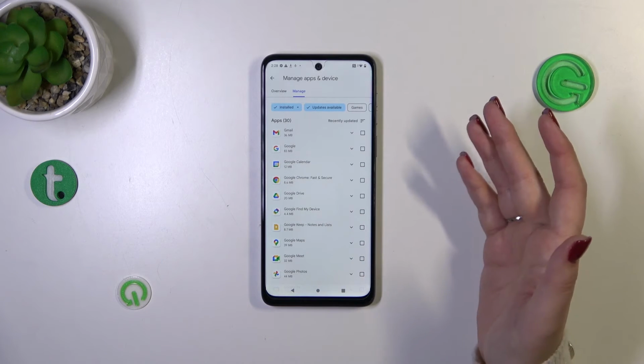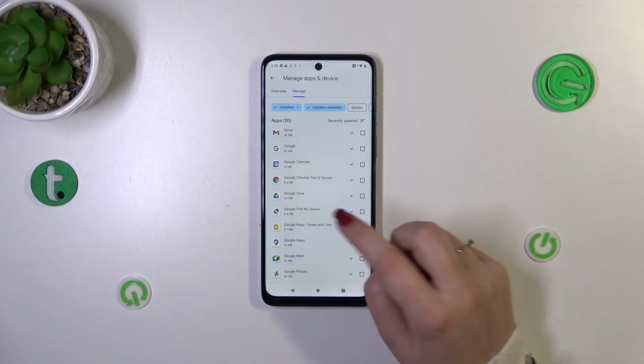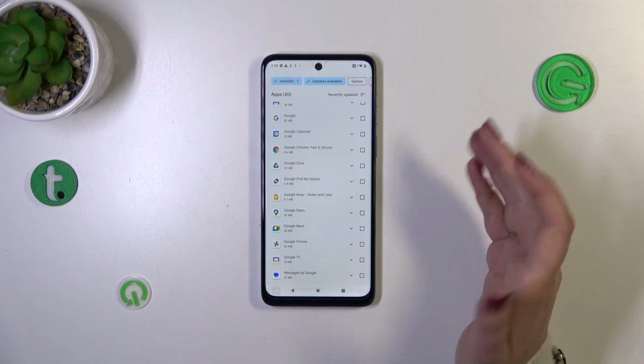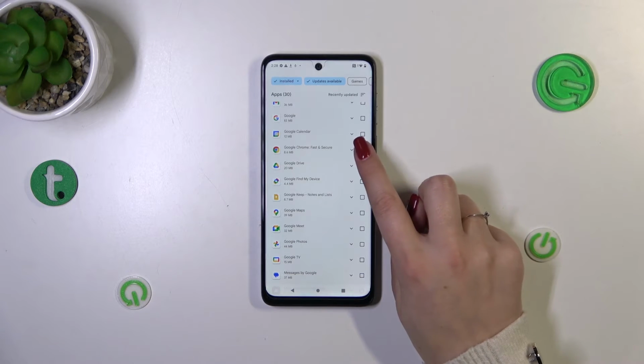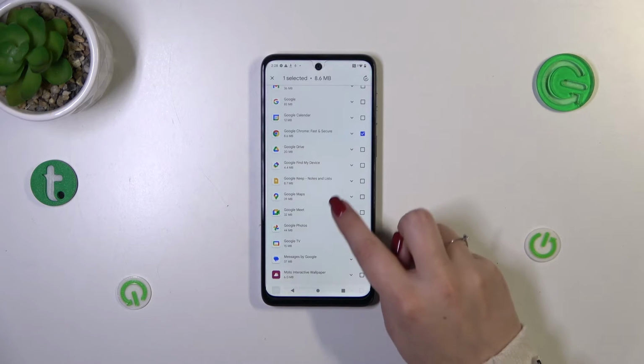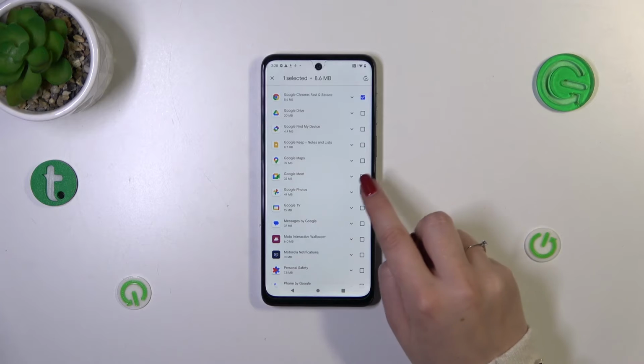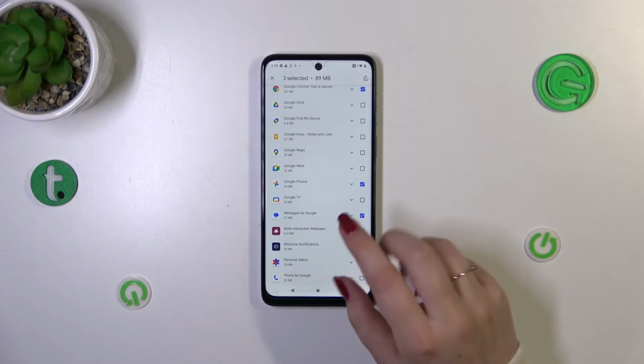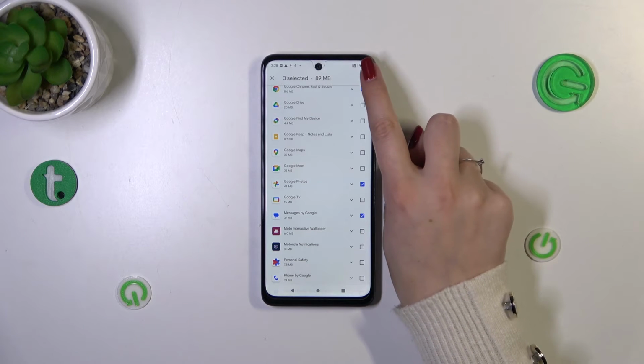So basically, if you want to, of course, you can mark all of them, but if you want to just pick only one or two or three, whichever, up to you. So I will pick Google Chrome, simply mark the option, the app you'd like to update, maybe Google Photos and maybe Messages. So all we have to do right now after marking is to simply tap on this update icon